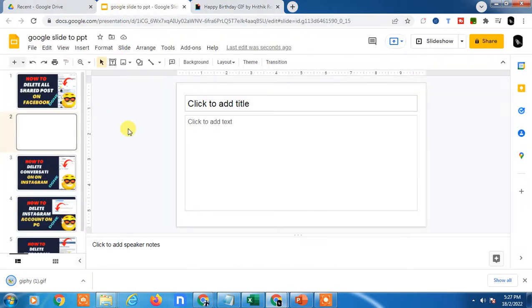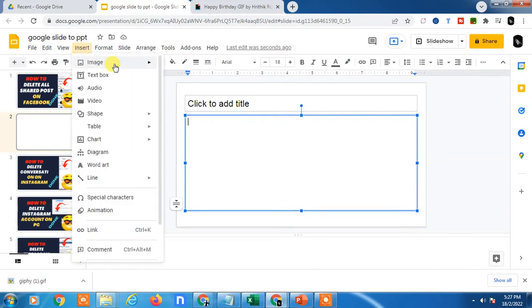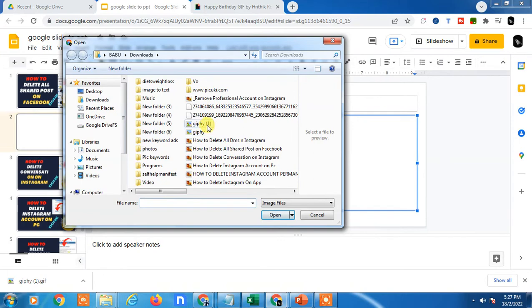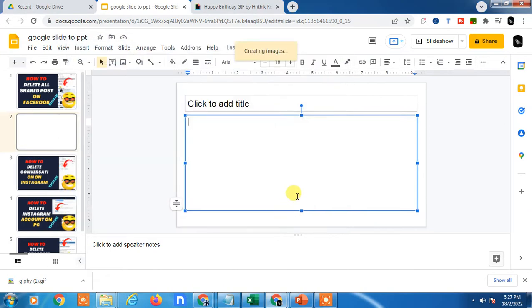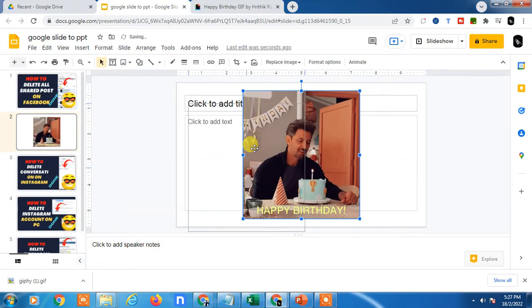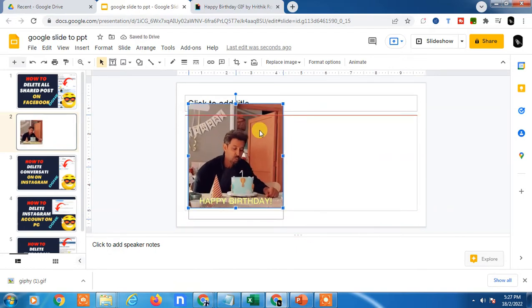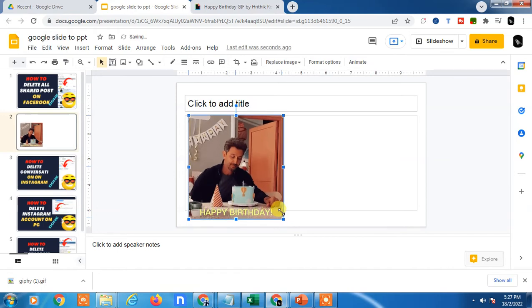Now go to Google Slides and select the slide, go to Insert, go to Image, upload from computer, find where you have saved this file, and just insert. Then this file will be inserted here and it will play. So it will work if your presentation is offline, but you can also insert the